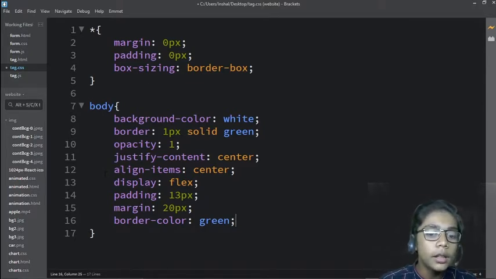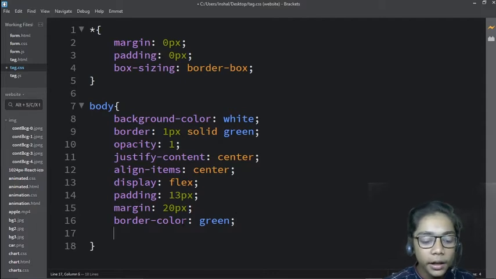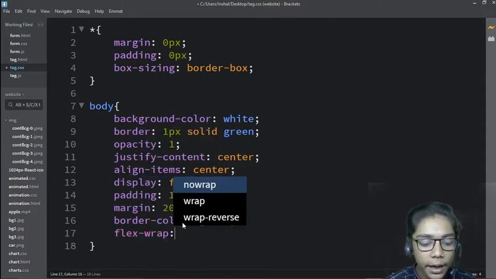The thing was that when I write all the code, it will transfer to green color, so I will do that with JavaScript. I will show you how to do that. So first of all you have to do it like that. And now here I will do one thing. I will come over here and set flex wrap to wrap.